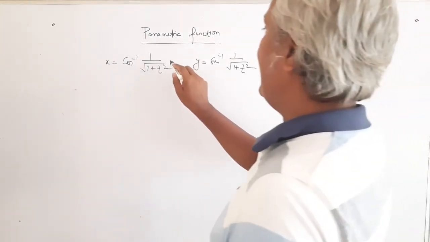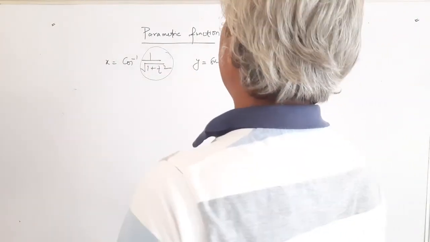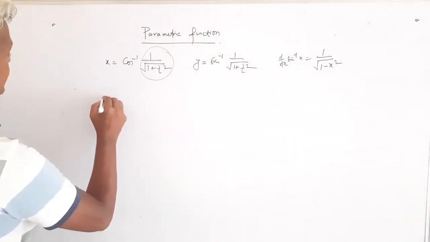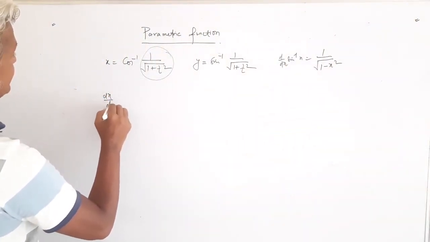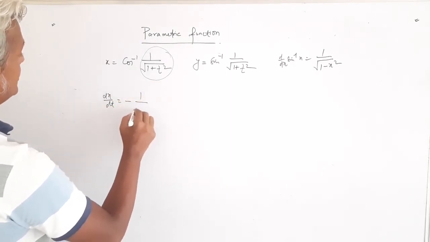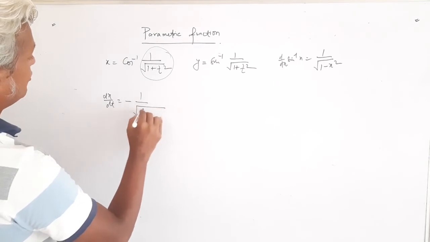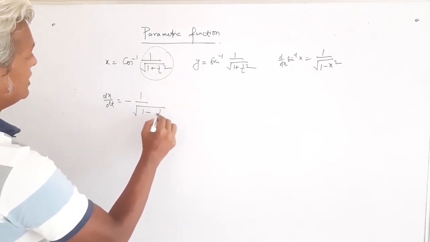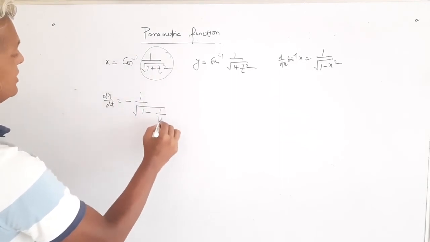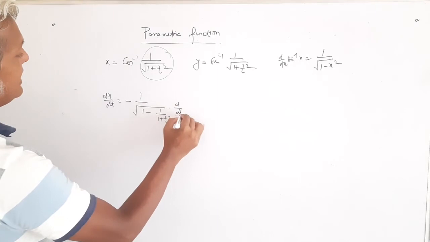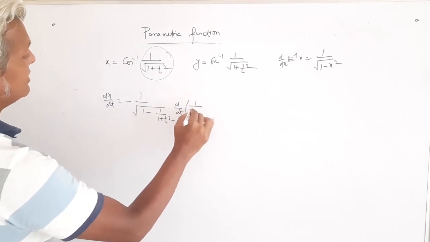But we don't have the x, we have this whole complicated something. So we can find dx by dt, this will become minus 1 upon under root 1 minus this something whole square. If we square this, it will become 1 plus t square into d by dt of that something, which is 1 by under root